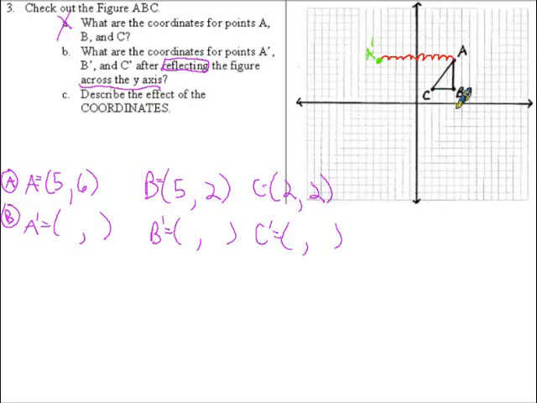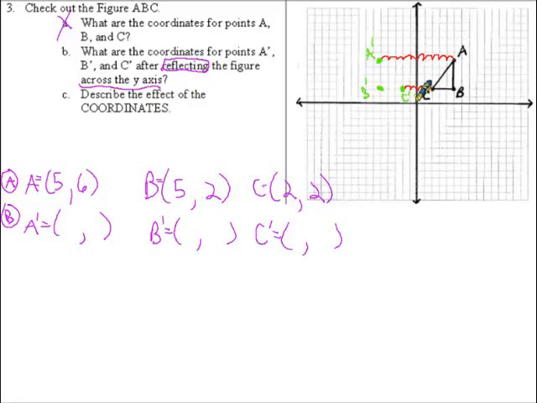And then I'm going to do that with point B. So let's see. Let me count over. 1, 2, 3, 4, 5. So I've got to go 5 over. 1, 2, 3, 4, 5. You see it's going to be right below point A. So let me label that one. We'll label that B prime. And now I'm going to do point C. 1, 2. And so I've got to go 1, 2 on the other side. And we'll label that right there